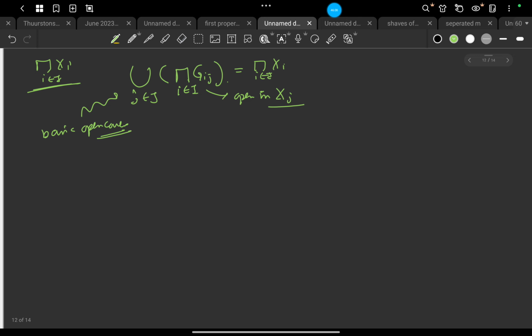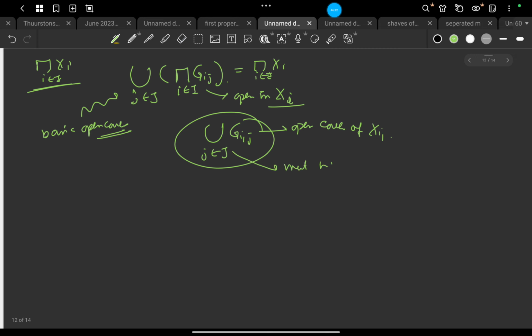Now if we fix one X_i1, the union over all j belonging to capital J of G_i1j is an open cover of X_i1.